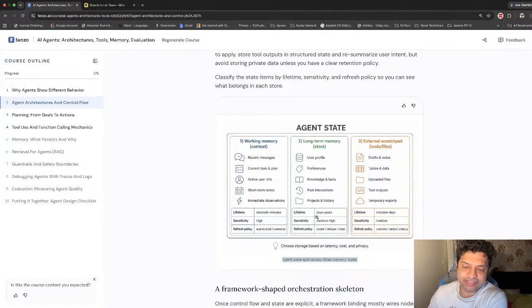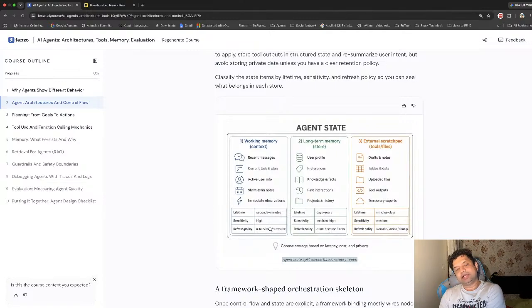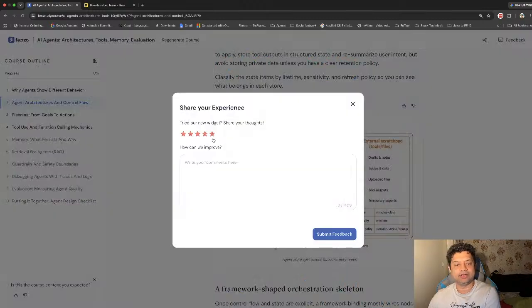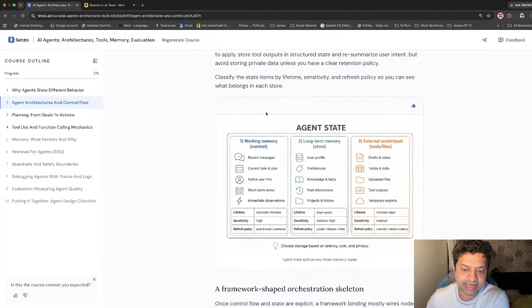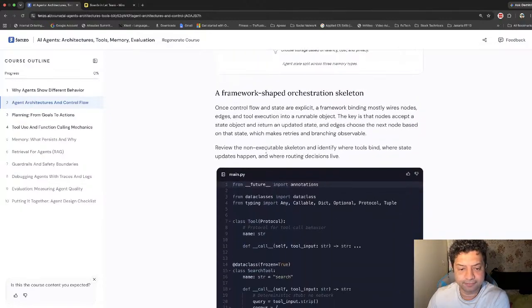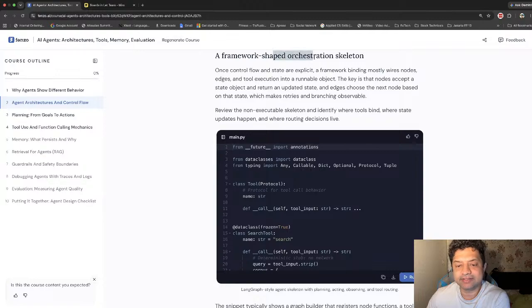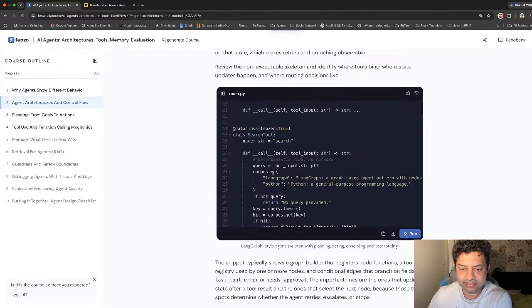One is long-term memory, which is years. This is minutes, days, sensitivity medium, overwrite, version, cleanup. So this is what are various ways in which the data is maintained here. Again, this point is very good, like this particular diagram and inputs shared. So framework shaped orchestration, where control flow is explicit. So framework shaped orchestration skeleton. So this is some